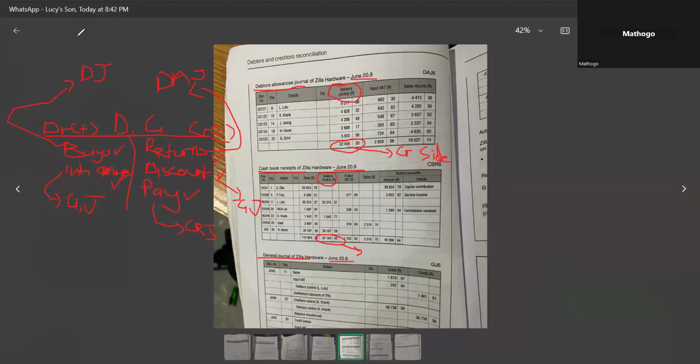Yes, sir. Let's continue, because I want us to look at the general journal now. Look at the first transaction on the 11th. They've debited sales, and then they've credited what? Debtors control. Can you see there? And then there's a narration that they gave you. What was this for? A settlement